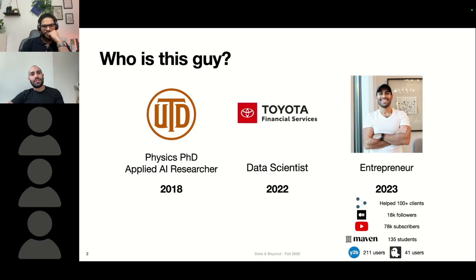If your probability of failure is 95%, how many shots on goal do you need to make in order to have a strong probability of success? You can just do some math and come up with a number. So I decided to go on this journey of building 20 AI products because, if I build 20, hopefully one of them is going to be successful. That's the journey I'm on, trying to do this as quickly as possible.